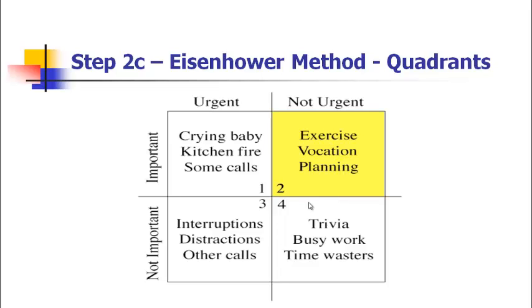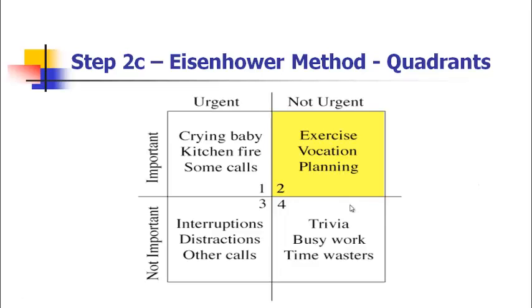Now, this is a very important method. So let's focus here. As you can see, it is divided into urgent and important. Vertically it is urgent and non-urgent, and horizontally it is important and non-important. This is the first quadrant, the second quadrant, third quadrant, and fourth quadrant. This highlighted quadrant is where the important and non-urgent activities lie, and they are very critical. Most successful organizations spend 70 to 80% of their time in this quadrant, important and non-urgent. That is the scientific study.